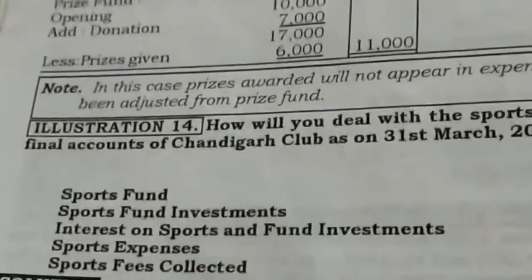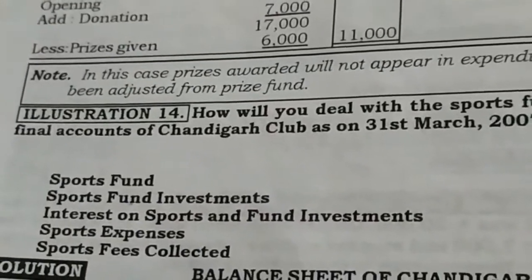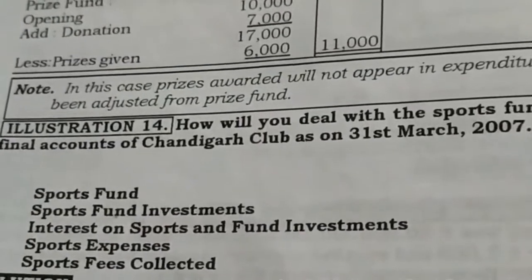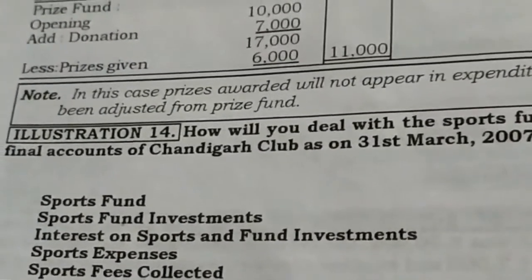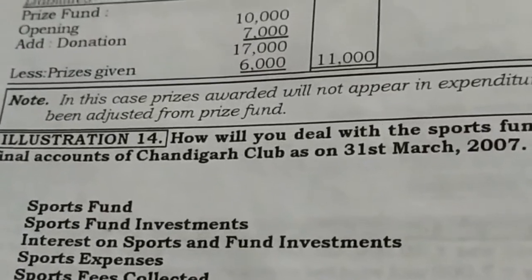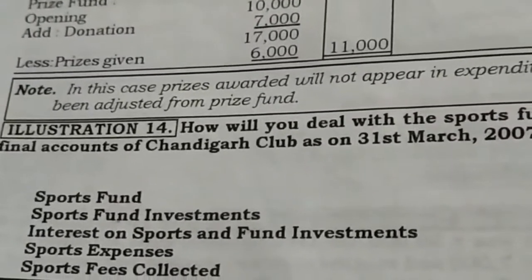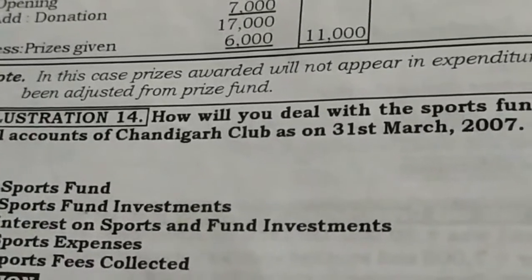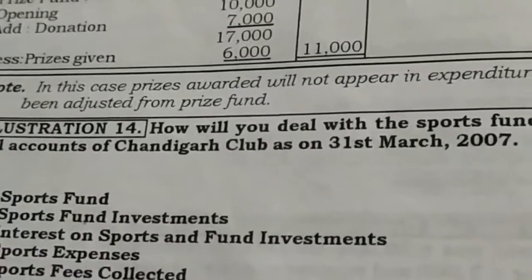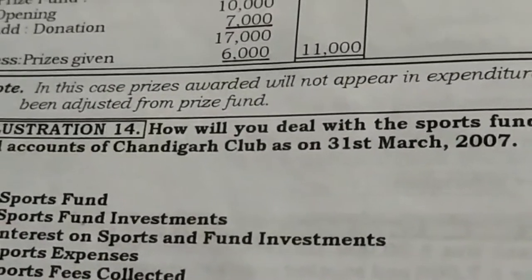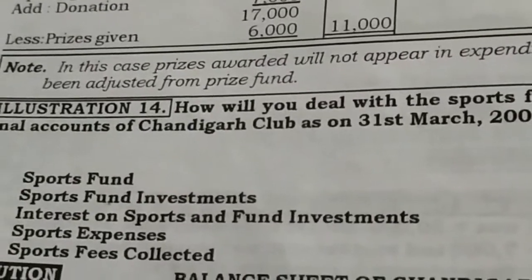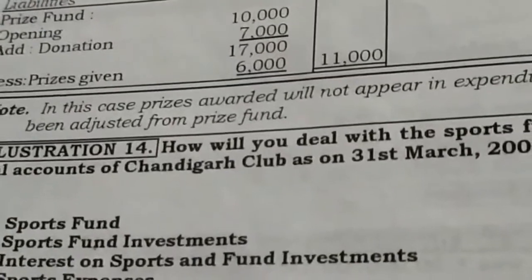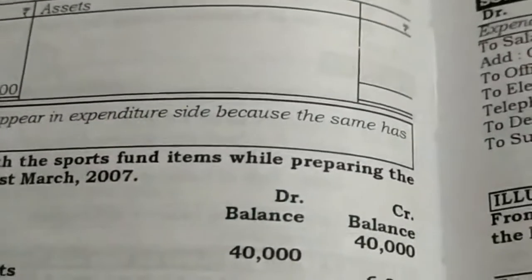See, these funds are generated for having a regular source of income to the organization. When the funds reach a targeted amount that you take out of surplus, like you make reserves in your trading organizations, here they generate certain funds and invest those funds in the market. That may be the share market, banks, insurance companies, or government bonds, in order to get a regular source of income. As you know, investments are always termed as assets. So the sports fund investment is an asset and the value is 40,000.